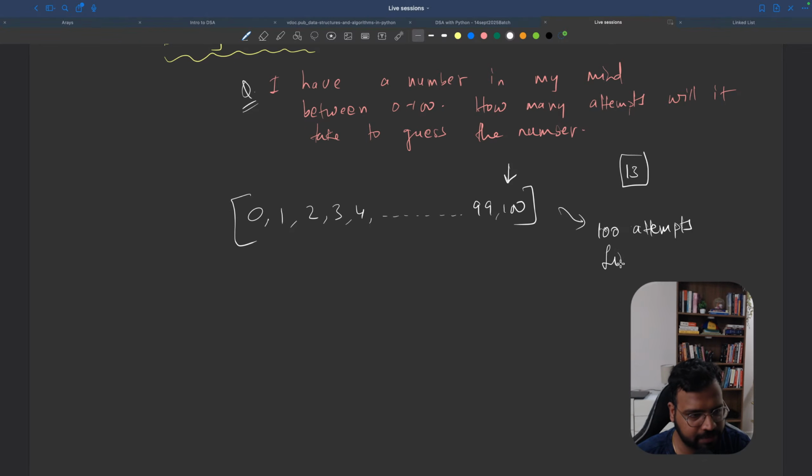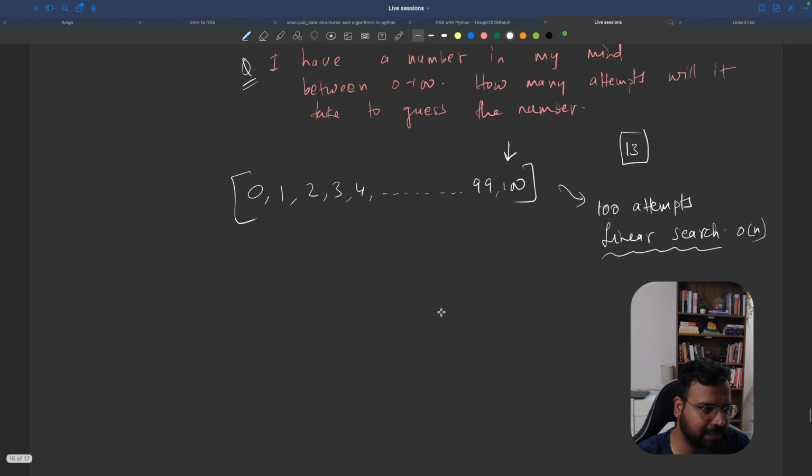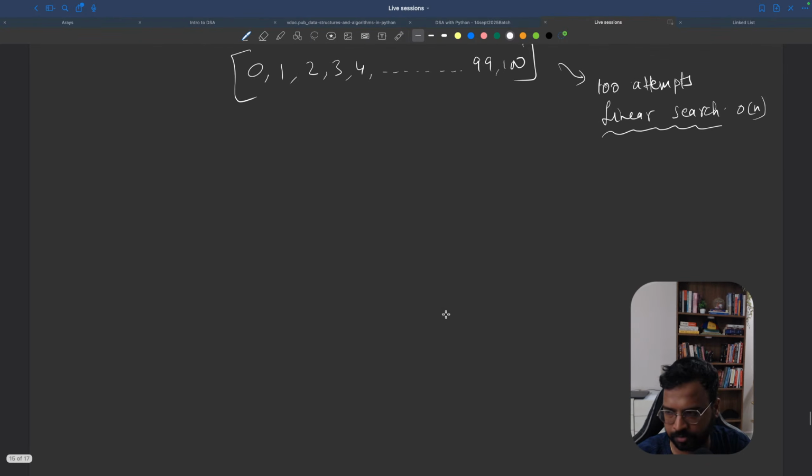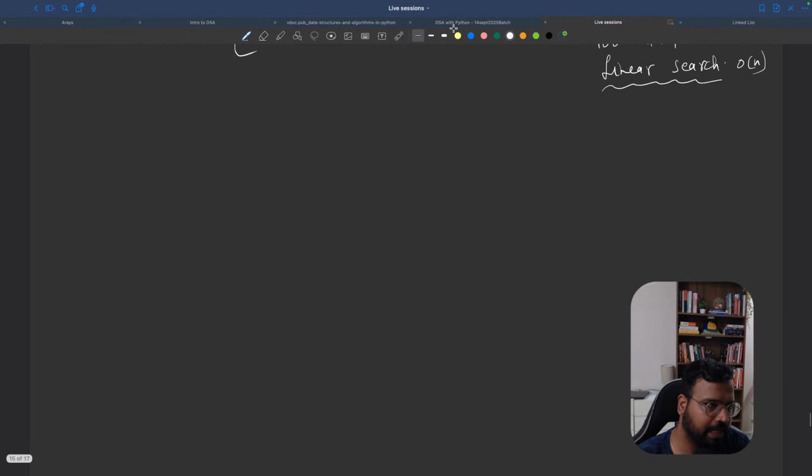This is called linear search, which is O of n. If I told you that I have a number in my mind between 0 to 1000, then it is going to take you 1000 attempts. And if I say the number is between 1 and 1 million, then it is going to take you 1 million attempts. But if we try to translate this problem to an array question, then it basically means that